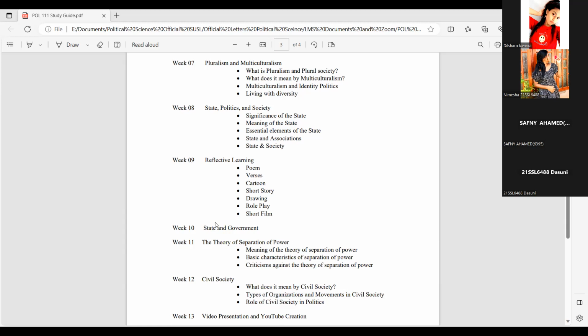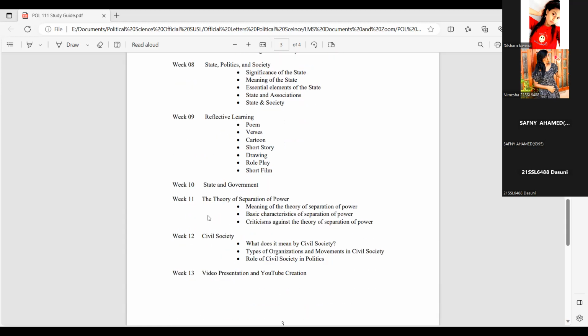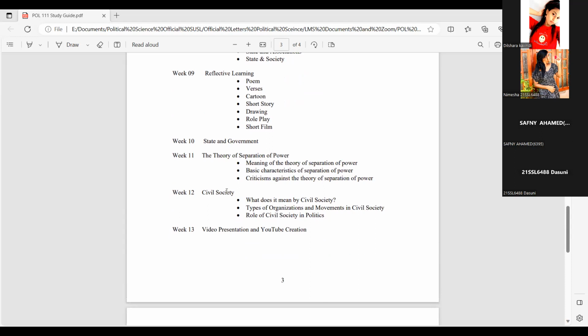Again, state and government. Next topic we are going to discuss the theory of separation of power. Again, I know that you are expert on that topic. Again, you will need to know about